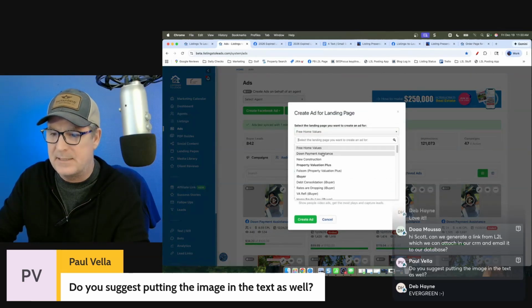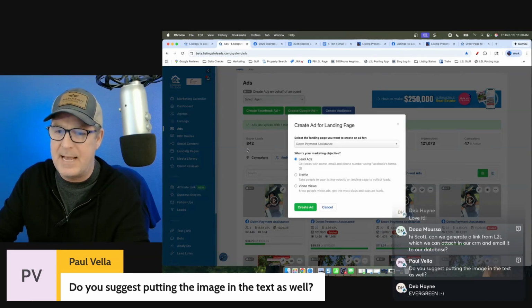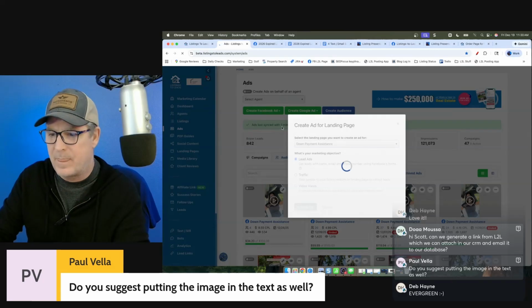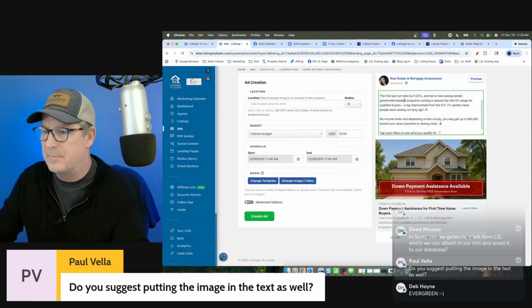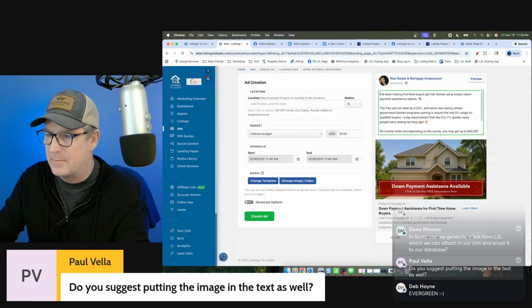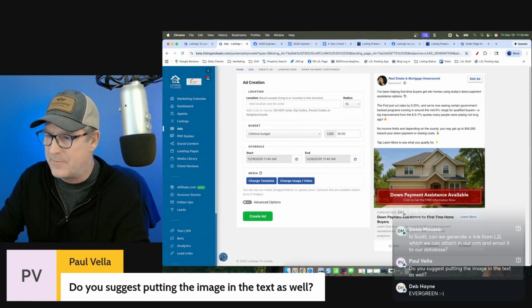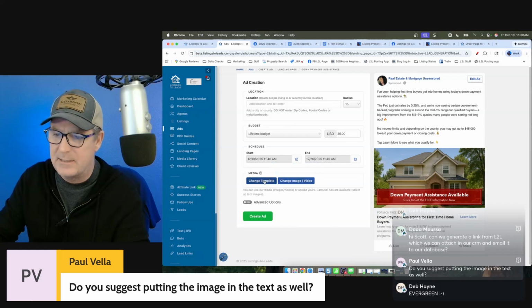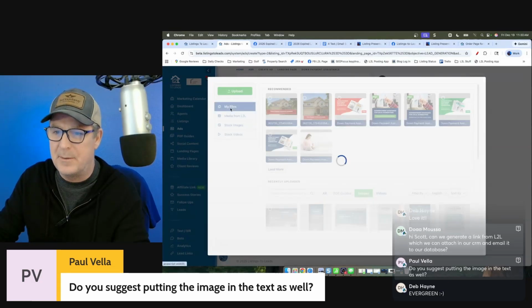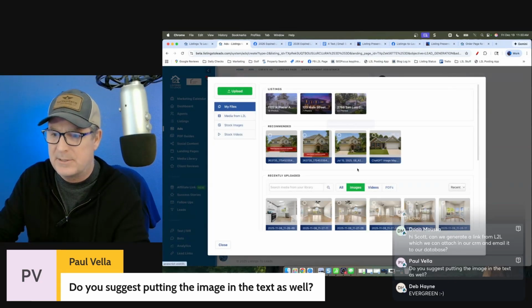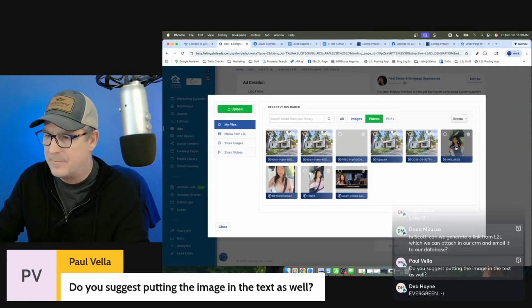down payment assistance. So again, I'm in the ads tab. I click create Facebook ad, landing page, and I'm going to use down payment assistance, lead ad, create ad. And that's the default text. I'm just going to delete it and put in this text right here. All right. Now for the image, I'm going to change that, change image video. I'm going to upload her video. Now, if it wasn't already in here, you'd click upload and you could upload it, but it's already in her account. So under my files, video, and there's that video,